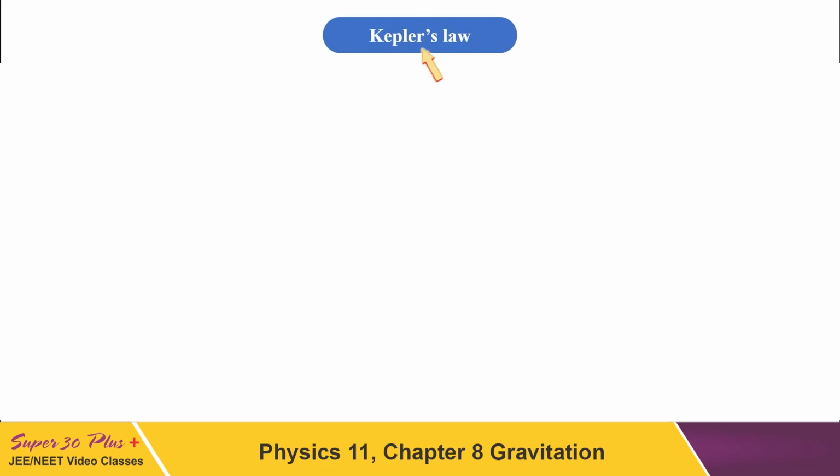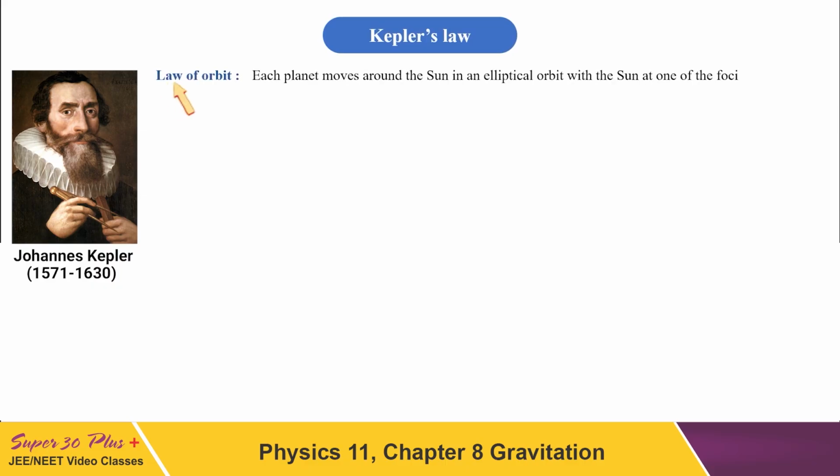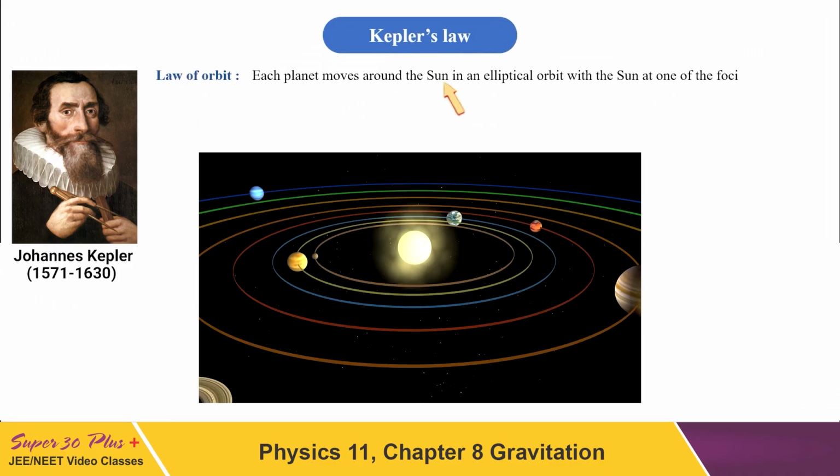Let us start the study of Kepler's law, which describes the motion of a planet, that is Earth, around the Sun. These can all be studied with the help of Kepler's law. Kepler's laws are stated as follows. The first is the law of orbit. As it is written here, each planet moves around the Sun in an elliptical orbit with the Sun at one